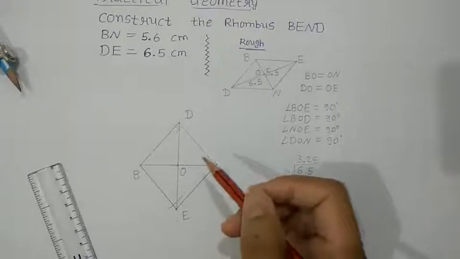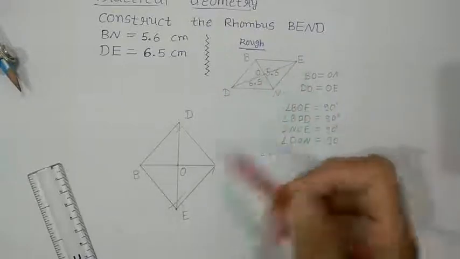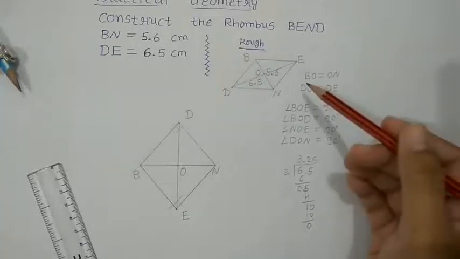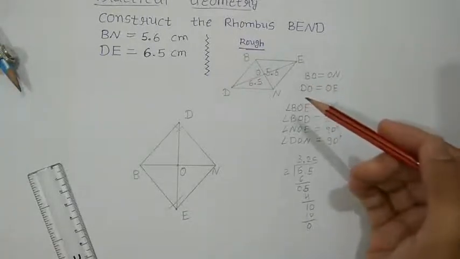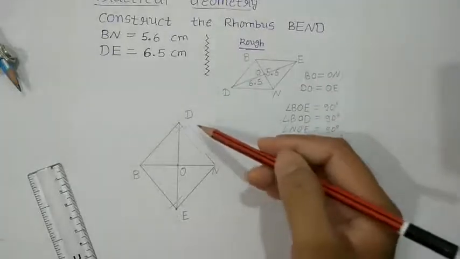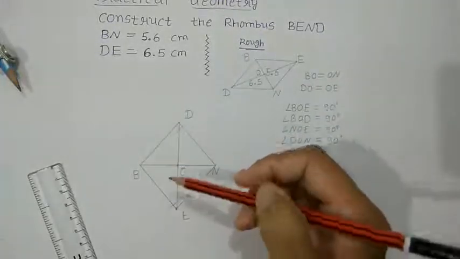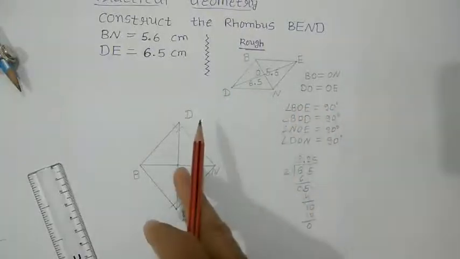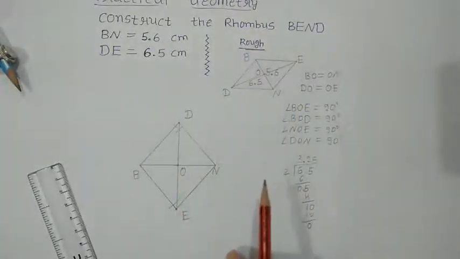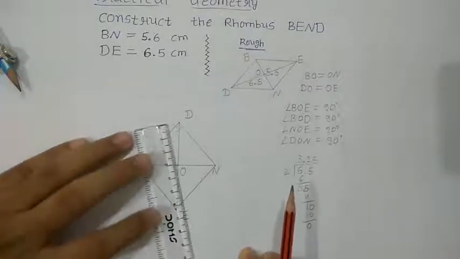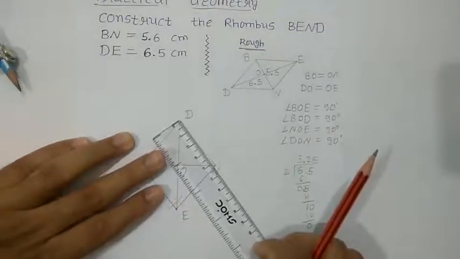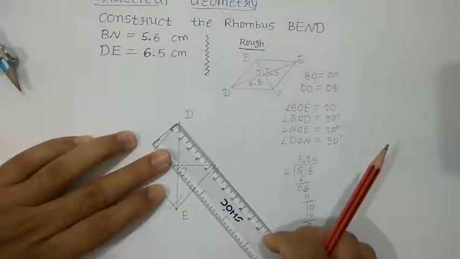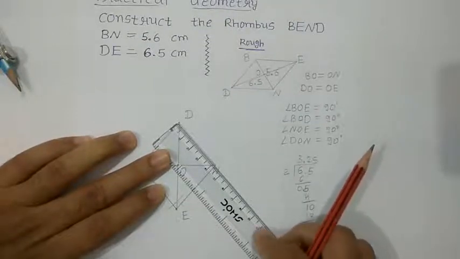By which do we do this? We do this by only just two diagonals. And what do we use? We use the property of the diagonals of a rhombus, right? Here we do not have any measurement of any side of the rhombus, but still according to the property of the diagonals, we can construct this rhombus, right? Here you can notice that all the sides are of equal length. Let us measure one of the sides, DN. DN is a side of approx 4.2 centimeter.